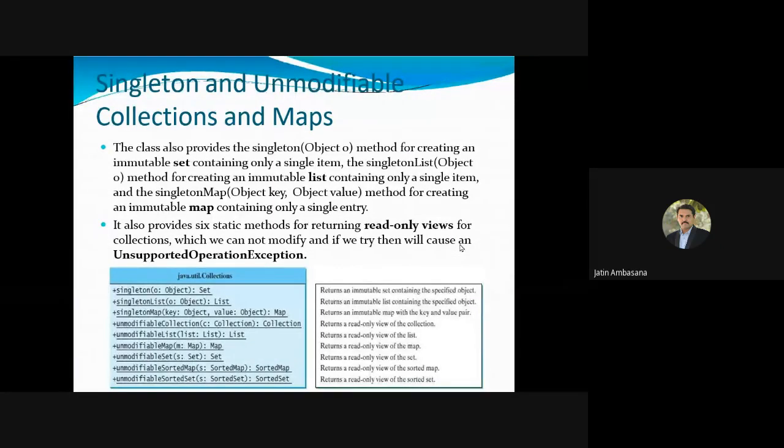So now what is singleton and unmodifiable collections and maps? Let's see. The Collections class provides a singleton method where you pass an object. This is for creating an immutable set containing only a single item. And the singleton list method is for creating an immutable list.